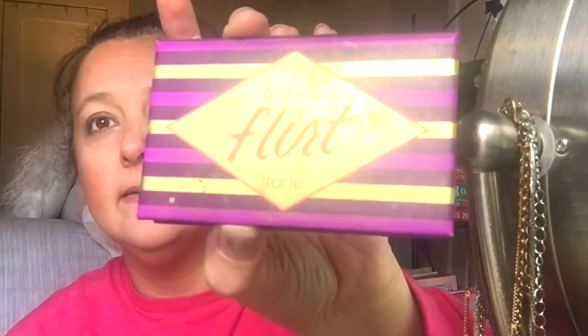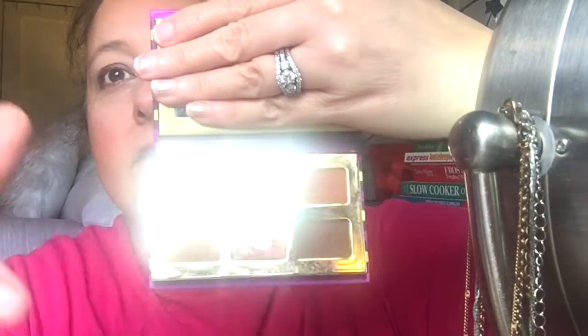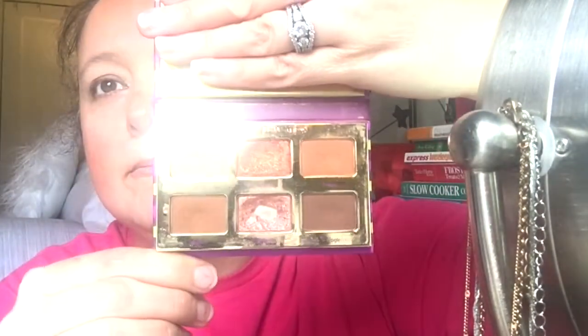Okay, so I have used the craziness out of this. This is a Flirt palette, and it is by Tarte. Again, a gift from my son. You guys can see which one of these I have been using the stew out of. These two in the middle. I absolutely love a shimmery kind of look, and I'm going to go in with my finger again, and I just pat it onto my eyelid,